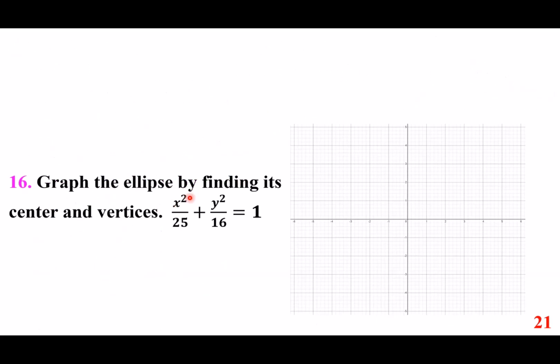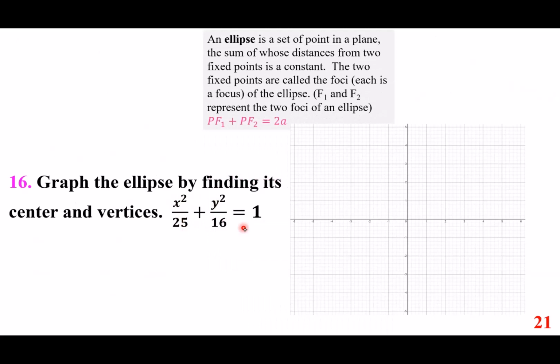What about an ellipse? We want to graph the ellipse by finding its center and vertices. x squared over 25 plus y squared over 16 equals 1. Number one, what is an ellipse? An ellipse is a set